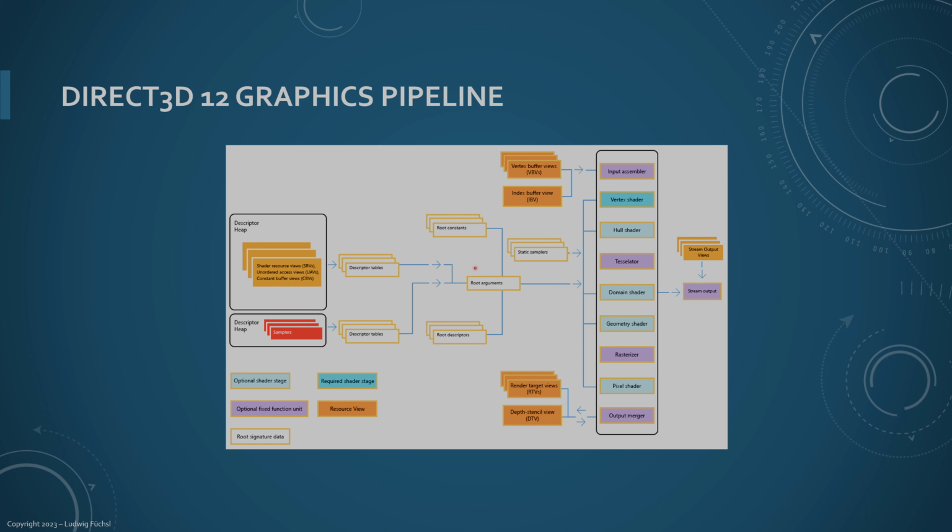You can also attach descriptor tables to it. Descriptor tables are kind of like pointers into VRAM, pointers to pointers actually. And what these descriptor tables are doing is they're defining, hey, this is a shader resource view, an unordered access view, a constant buffer view, or it is a descriptor table that defines how a sampler should operate. Difference between the static sampler are kind of like compiled into the shader, while the normal samplers,